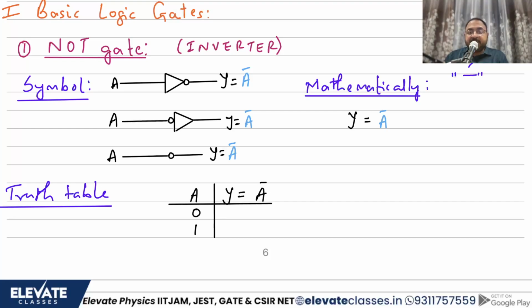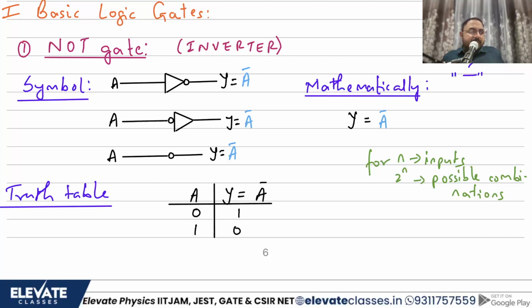Now, usually, if there are n inputs, you will have 2 raised to n entries in the truth table, or 2 raised to n possible combinations. So how many inputs do you have to a NOT gate? A NOT gate is a one input, one output gate. So 2 raised to 1, it will have only 2 combinations. That's why I have written only 2 combinations here, one is 0, one is 1. So what will be the truth table? If the input is A, output is supposed to be A bar. So for 0, you will get 1. For 1, you will get 0.